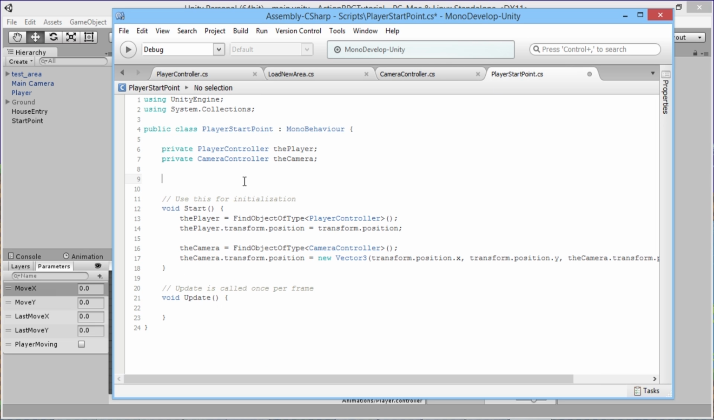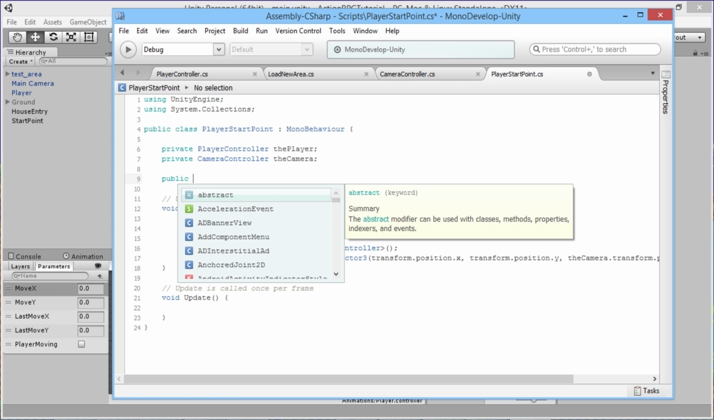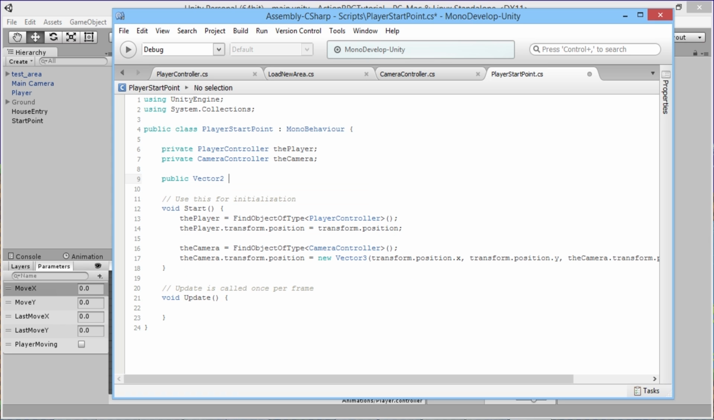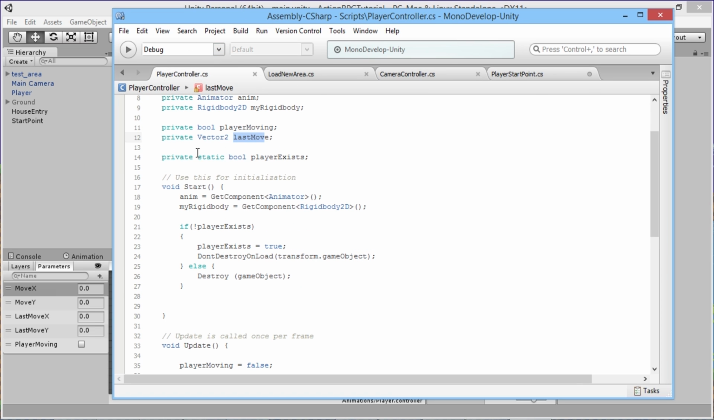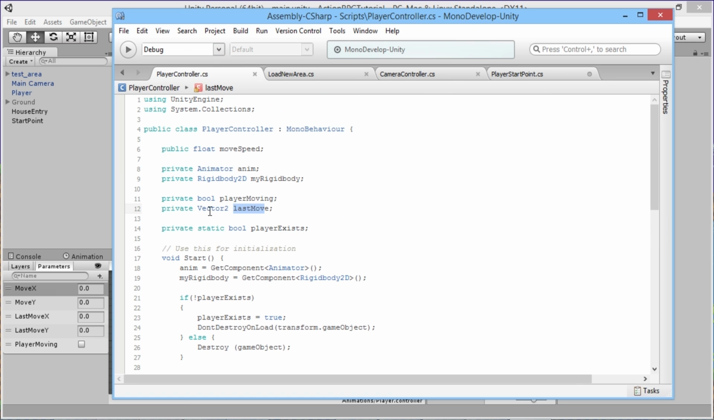So we know that if we want the player to face a certain way, then maybe we could use x and y values of 1 or -1 on the x and y to determine which way the player is facing. So we can say a public vector2 called, let's say, start direction, and we'll just go back to our player controller script, and at the moment our last move vector2 is private